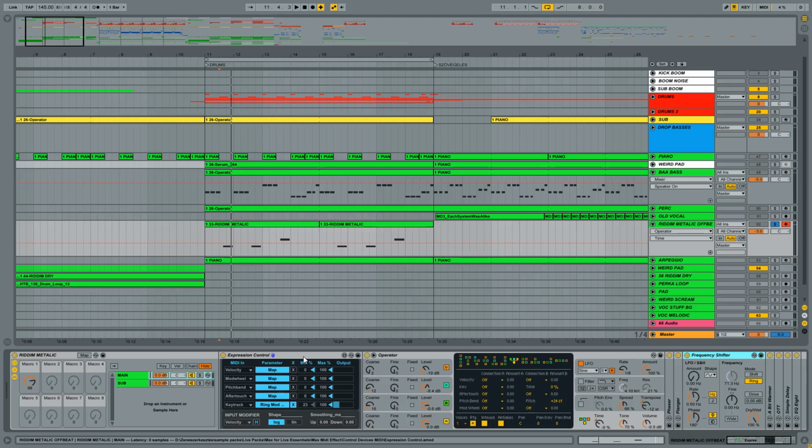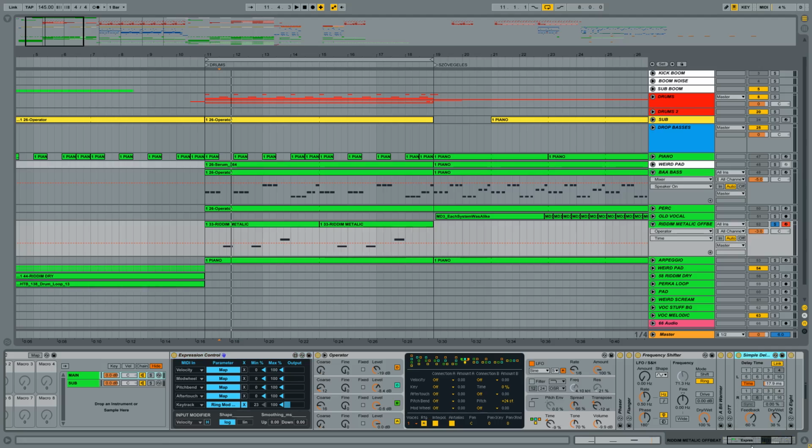And I know what you think. There is a function in Serum for that, and especially there is a ring modulator filter in Serum, but that is only one thing. You can control anything here with this expression control Max plugin. So basically, you could control this simple delay